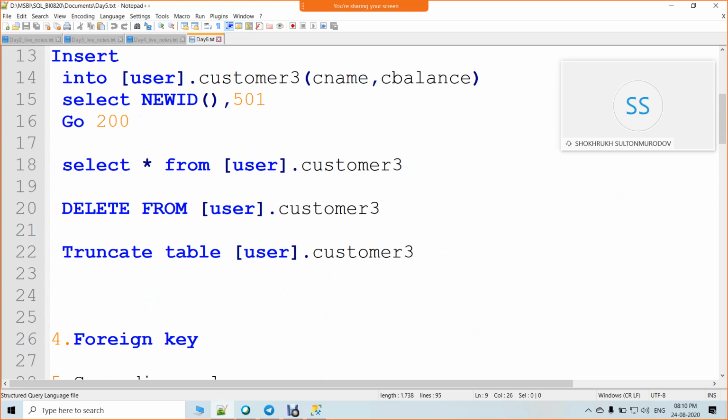So in the last week, what we have covered is DDL statements, like how do we create a database, how do we create a schema, how do we create a table, how do we insert the data into the table, what the data types are, what is the difference between delete and truncate, what the constraints are and how do we apply constraints, and what the cascading rules are and how do we apply them. These are the topics we covered last week. Just to give a summary.